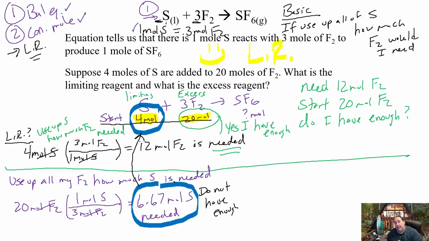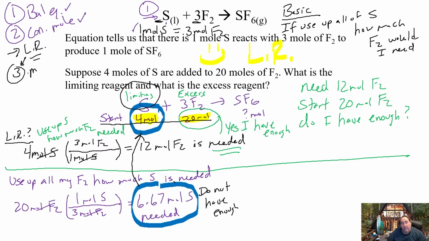You would just choose one reactant, and you want to figure out how much of the other reactant you need to put in there to use it all up. And if you have enough, then that reactant is the excess reagent. And if you compare between how much you need and how much you started with, and you do not have enough, then that guy's going to be your limiting reagent. Okay, so once again here, don't have to do both of those calculations. Can just choose one. And regardless of which one we chose, we saw that, again here, the sulfur is our limiting reagent. So what that means is we would then move on to step number 3, using our limiting reagent,